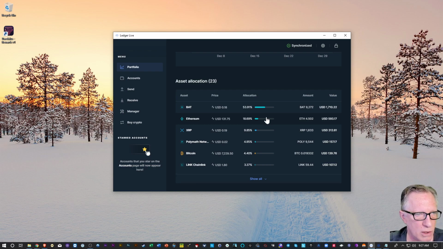There are other cold wallets out there. Trezors are great too. I just prefer Ledger. I've been working with it for a long time. There are a lot of brands of cold wallets where you can store your private keys. There are other more complicated ways of doing it. You can have an air-gapped computer with an offline wallet on it, and you can use that air-gapped computer to sign your transactions, so you're really never exposing your wallet to the internet.